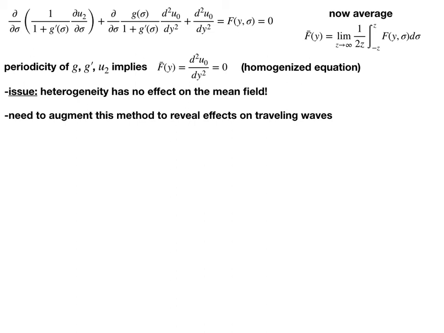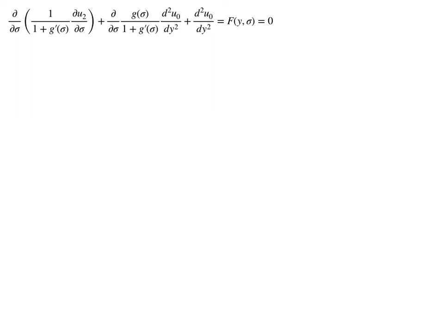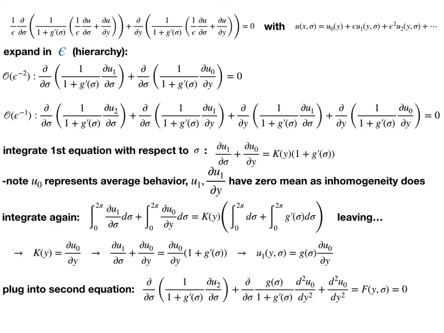So if we want to do things like augment the traveling wave speed in the traveling wave problem, what we have to do is alter this method in order to make it work well for the full bistable equation with inhomogeneity. But one thing that I will note is that if we go back to the previous slide, what we find is that the